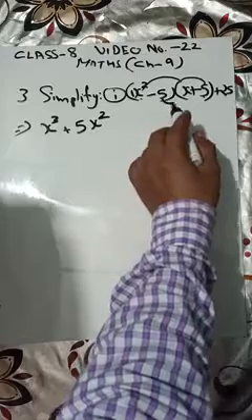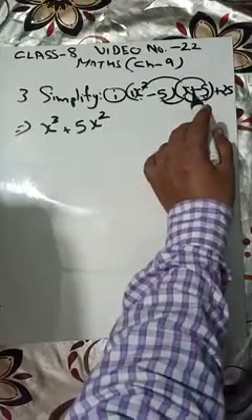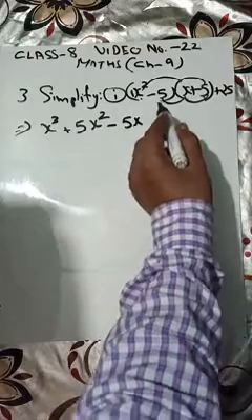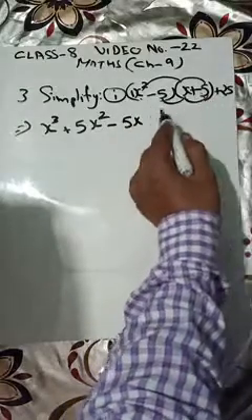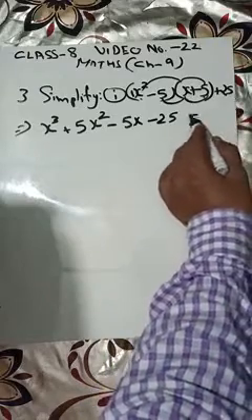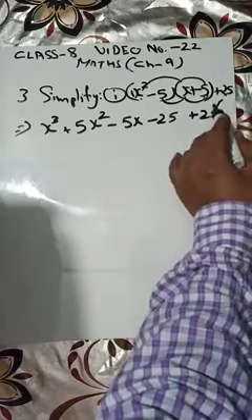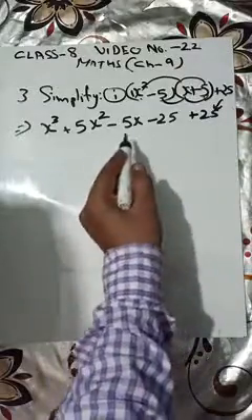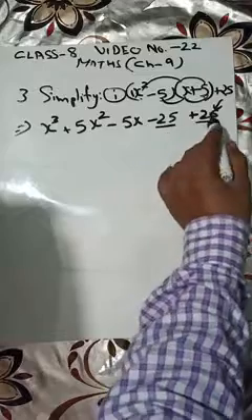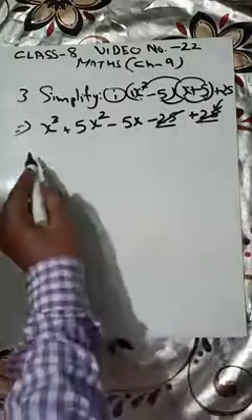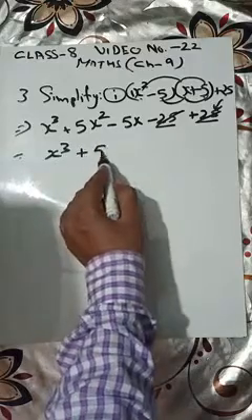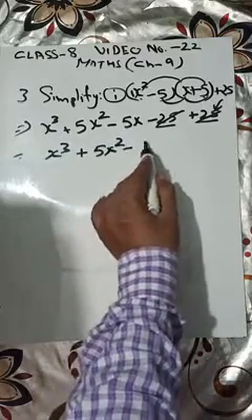Then it's time for this minus 5 and this is x. So it will be what? Minus 5x. This is minus 5 and this is plus 5. It will be what? Minus 25. And then this 25 will come here. Now look at the like terms. This is a like term. 25, 25. These are going to cancel each other. It will be 0. So your result will be x to the power 3 plus 5x raised to the power 2 minus 5x.